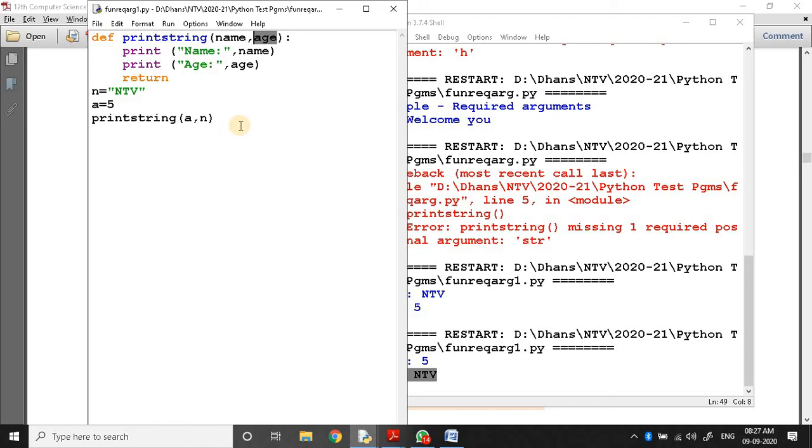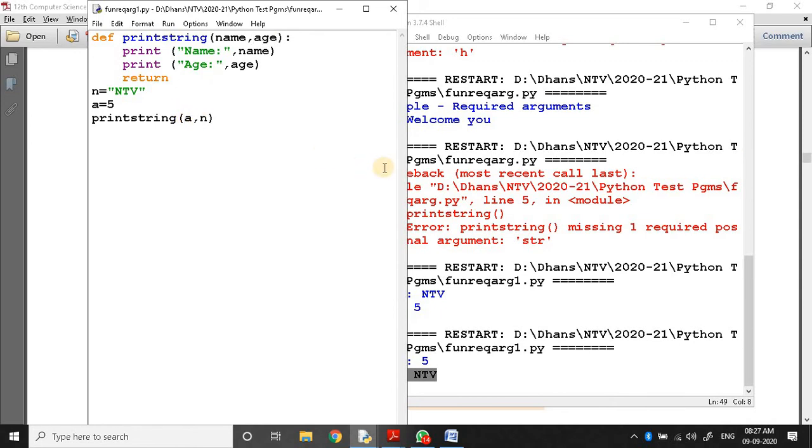So we cannot change it. If you use more arguments in function definitions, you can get confused while calling that function. To avoid such problems or issues, you can use keyword arguments. Keyword arguments means you can specify the name of the argument while passing values.